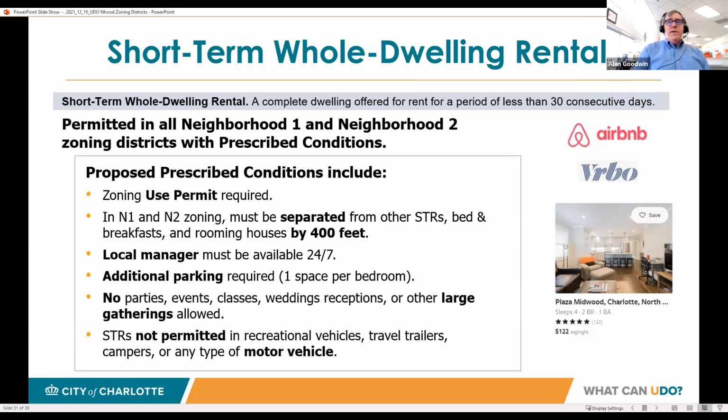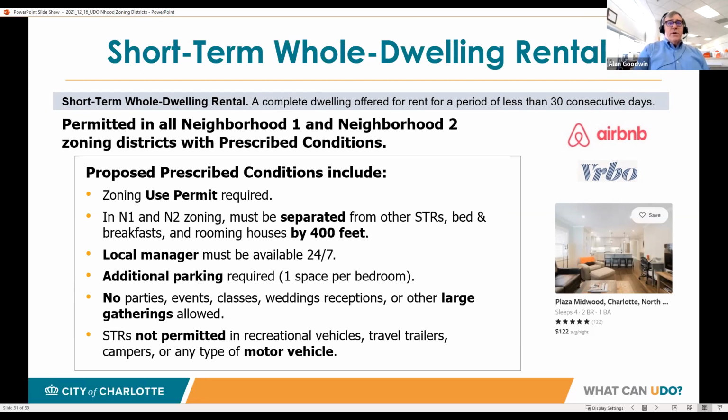It would be permitted in all neighborhood 1 and neighborhood 2 zoning districts with prescribed conditions. It would also be permitted in other higher intensity districts, but we're talking about neighborhood 1 and neighborhood 2 here. So some of those prescribed conditions that we're proposing are that it would require a zoning use permit, so we know where these are.